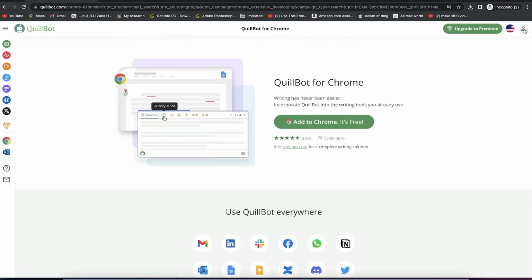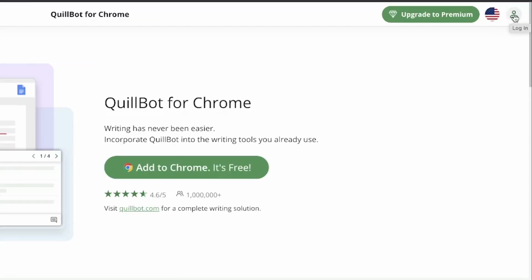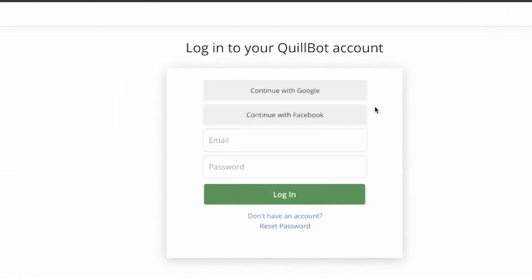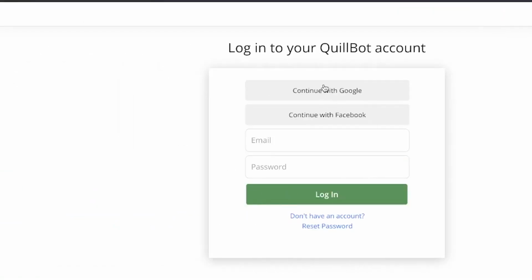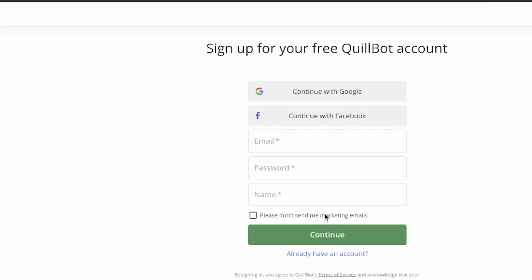Okay, so to start with, you can just come to the top right over here and just click on login. And you have the option to log in with your Google account. If you have a Google account, you can go ahead and log in with it. If you don't have one, you can use a Facebook account to log in. Or if you have an email and password, you can just go ahead and say, I don't have an account. You can just go ahead and create an account. It's very easy to create, and you can easily have access to it and go ahead and use it.